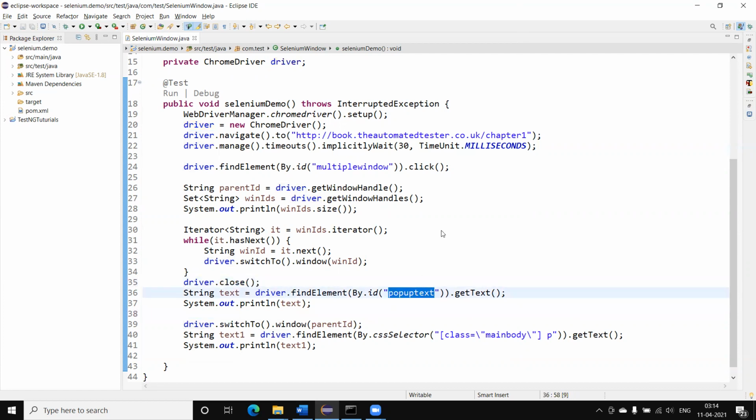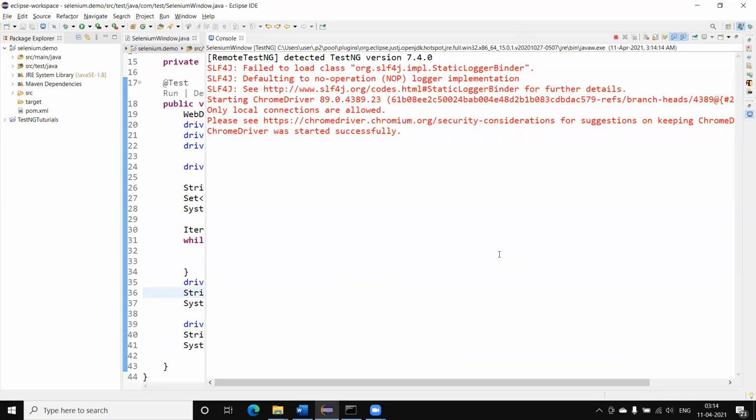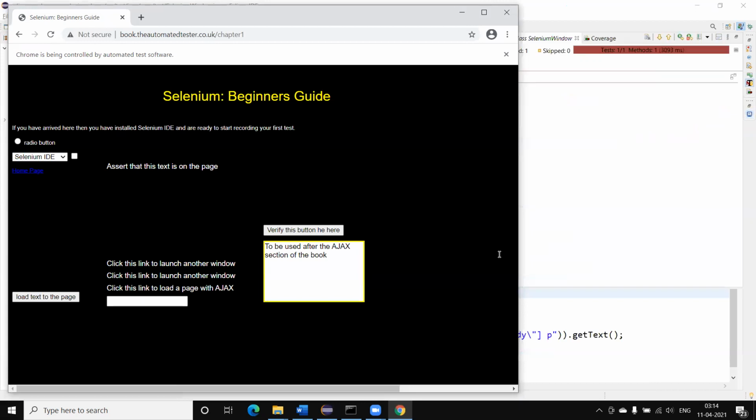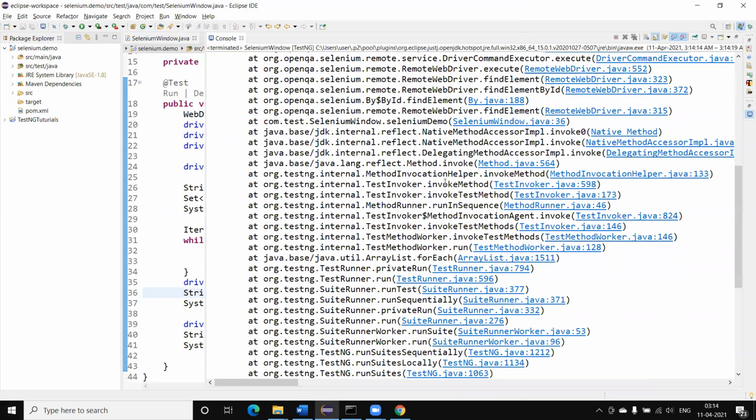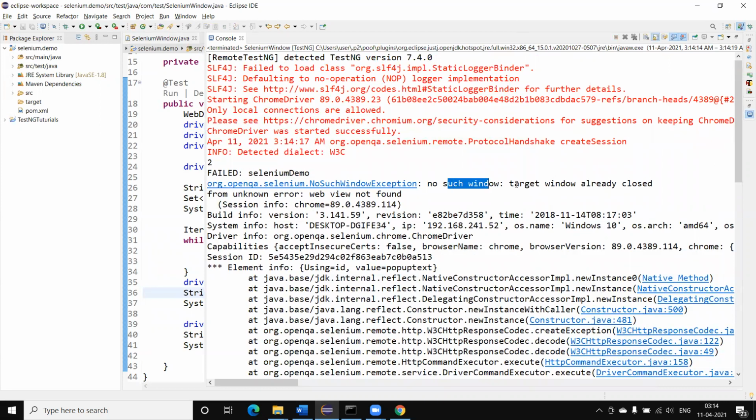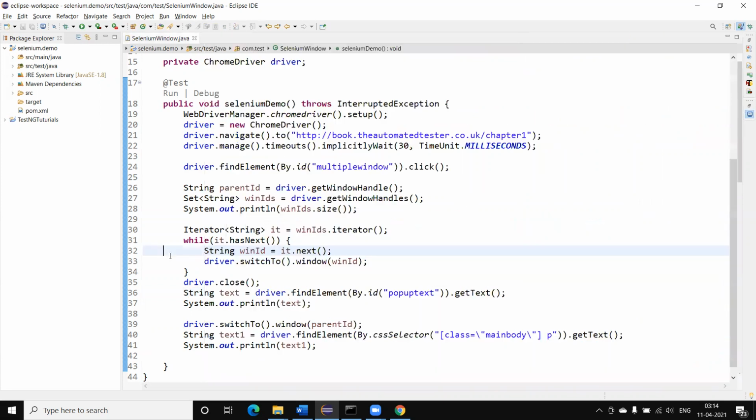What will I get? Let me show. Here we get the error: no such window, target window already closed. Because this closes the browser, but does not destroy the session.